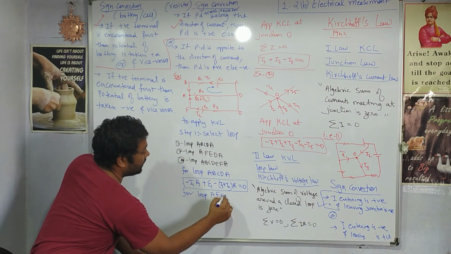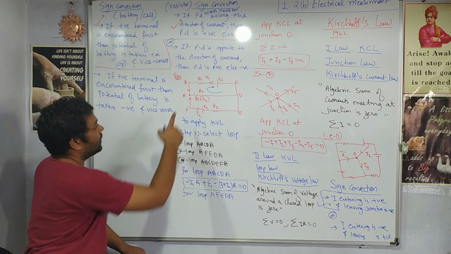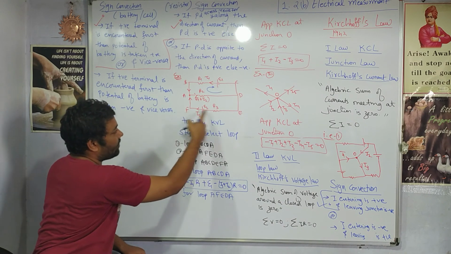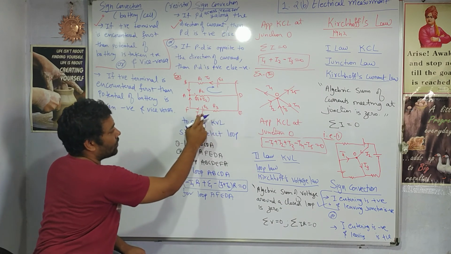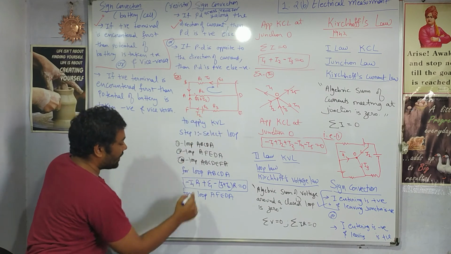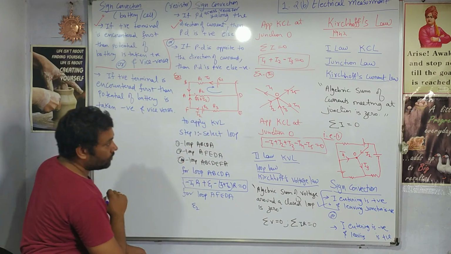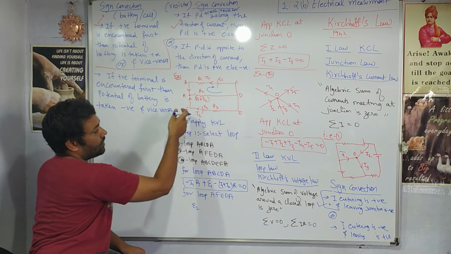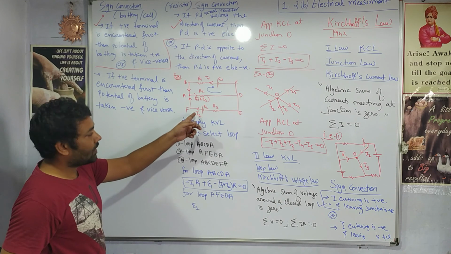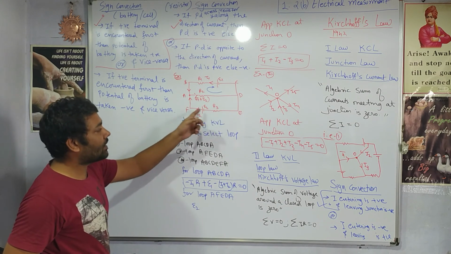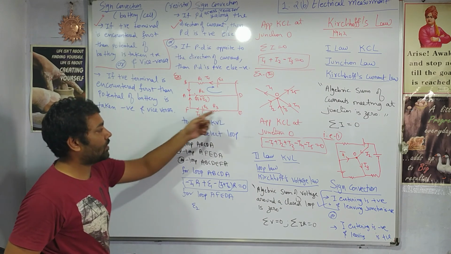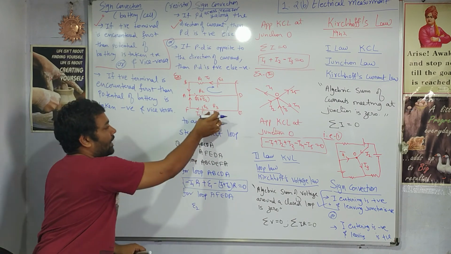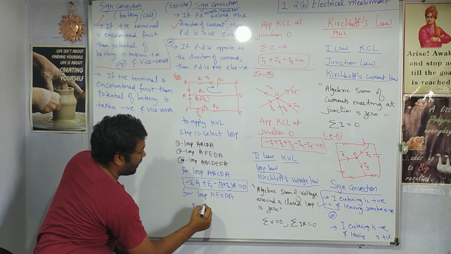Now for loop A, F, E, D, A, right? A, F, E, D, A. So A, F, no potential drop. F, E, we have a battery and we have a resistor. So for the battery, again the positive terminal is encountered first, so we will write down plus E2. Then here R3, I2, R3. What is the current here? The current in the branch is same. Whatever current I2 is seen here, the same current will be here because this is just one simple path. So potential across R3 will be I2 into R3.